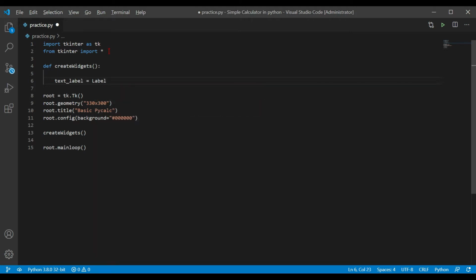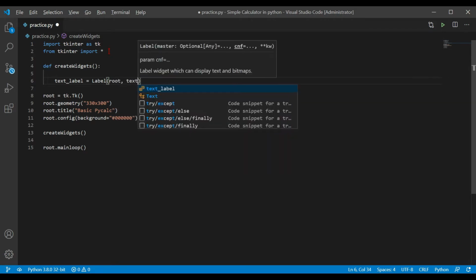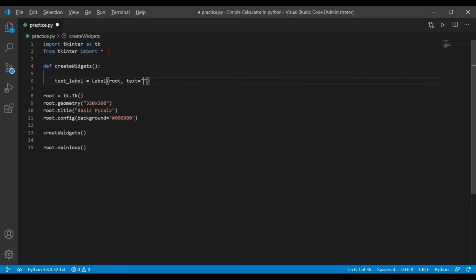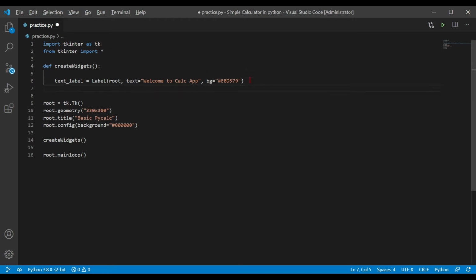Let's make that one. Label, label to root, should have a text. Let's say welcome to calc app, and let's give a background color. So let me give it background as E8D579. That's my background. You are free to use your own or this itself as you wish.